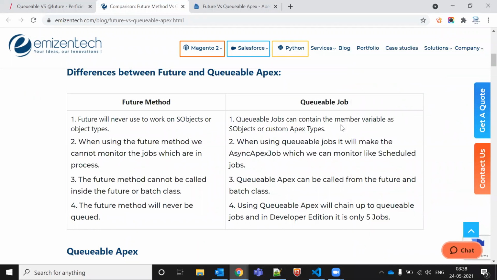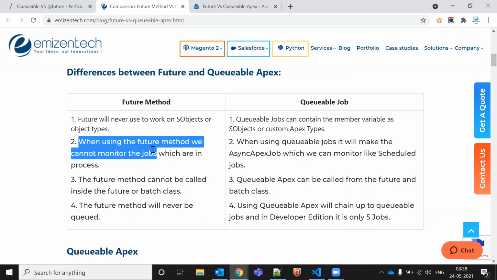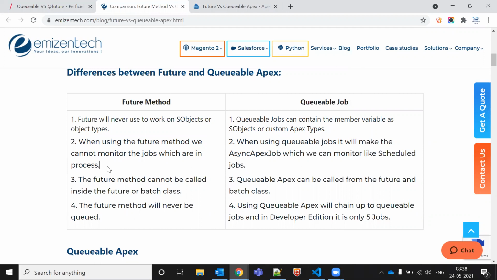In the queueable class, the member variable can be an sObject or a custom Apex type, anything we can have. When using a future method, we cannot monitor or track the job. But here we can track the job with AsyncApexJob.